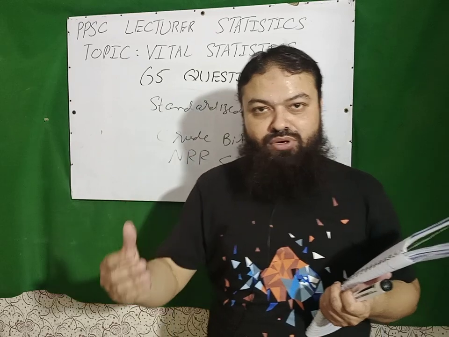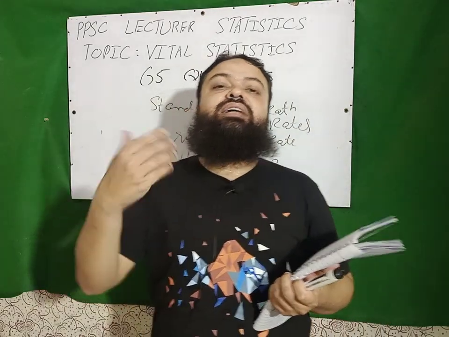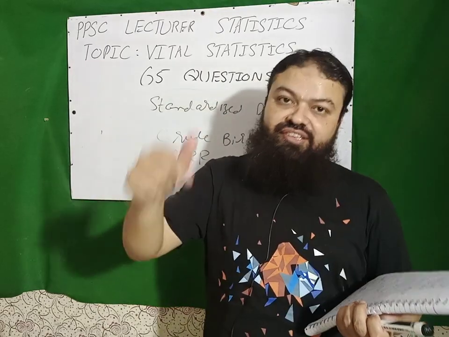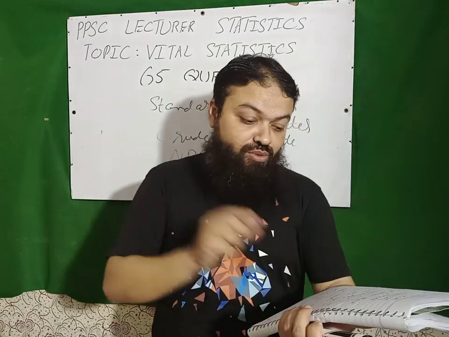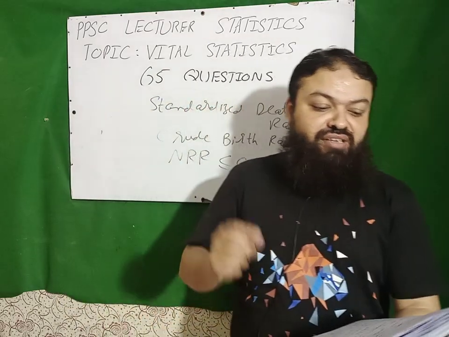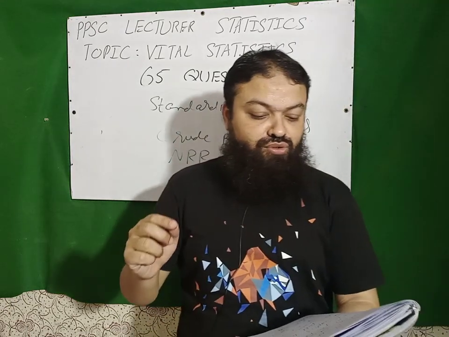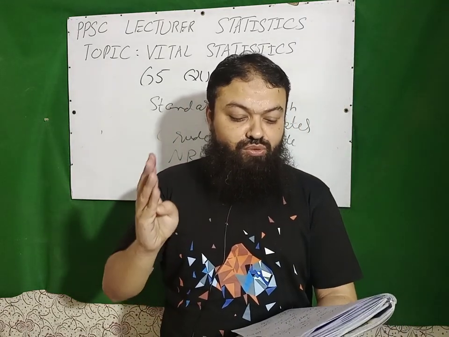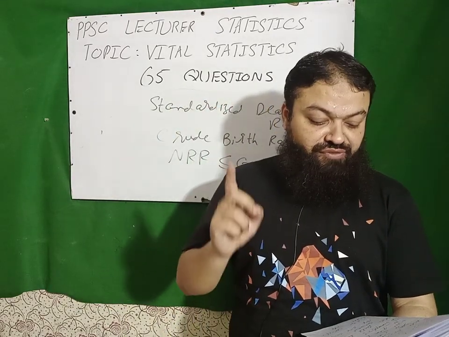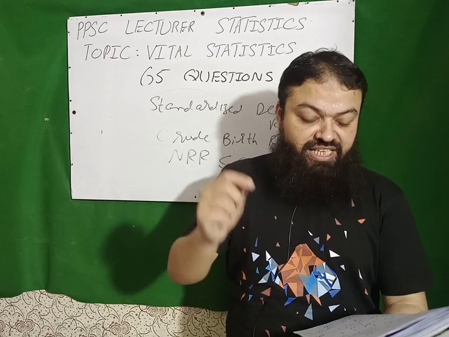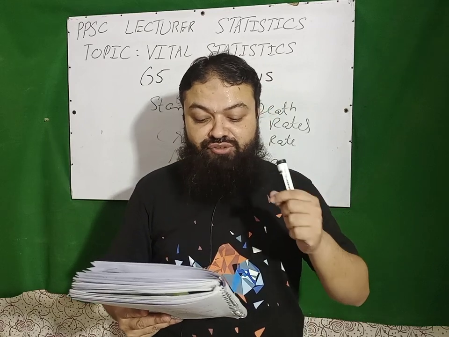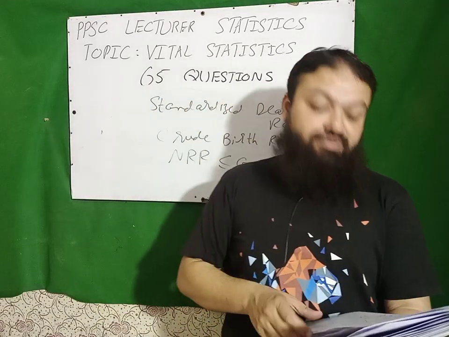When a newborn child has died before the completion of 4 weeks, it is called neonatal. A very important neonatal mortality. Next question is survival rate in general is measured through number 1, the difference between crude birth and death rates. All right, correct one. Next, the ratio of difference between birth and death to mean population. It's also correct. Next is sampling registration system fails to record age sex composition.